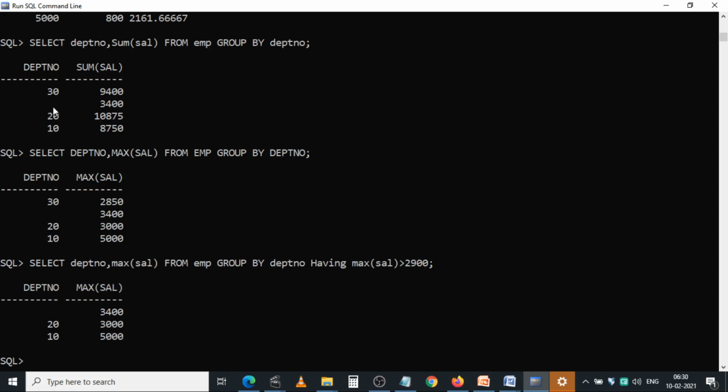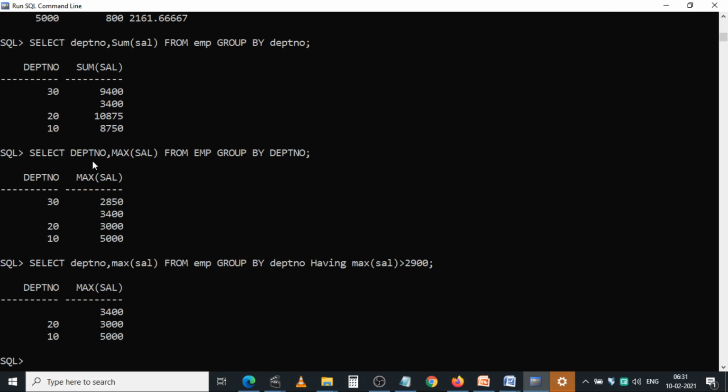Here the null value, one record is there, the 15th employee. For this employee, no department is assigned. In that department number, it had a null value, so it is also taken as one special group. That's why it displays like that: department number is null and the sum of sal equals 3,400.